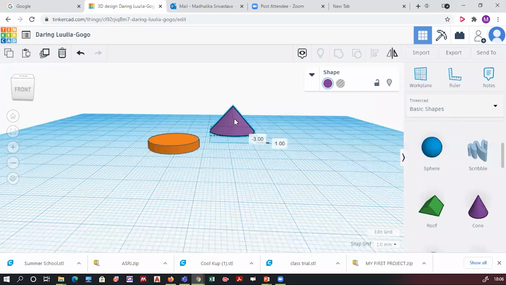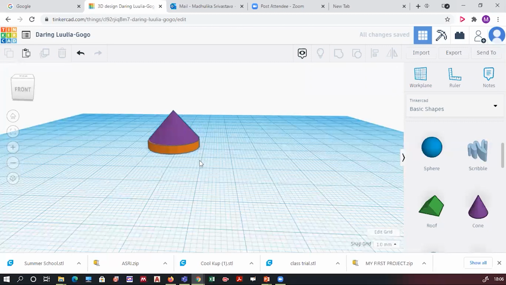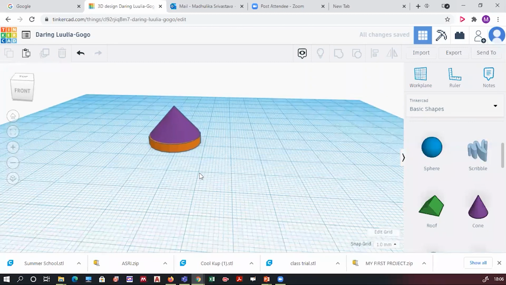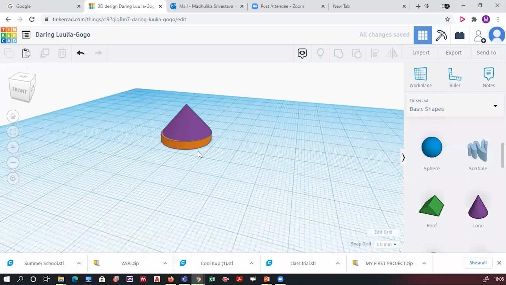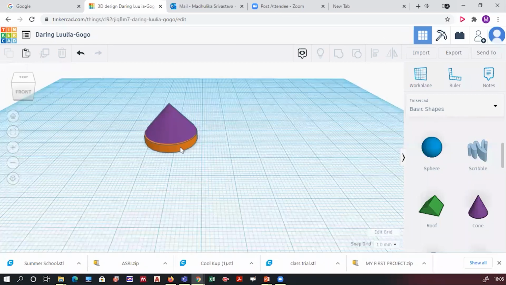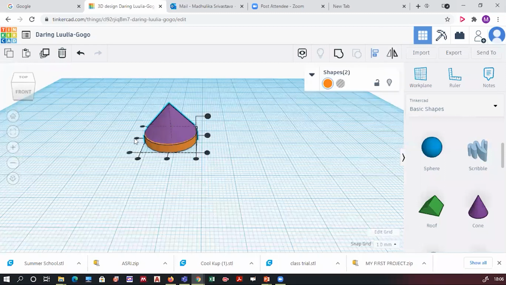Third step, you have to place that cone over this base. Okay, we'll do the alignment. After you place this cone over this base, select both of them, click on align and align it about its center.